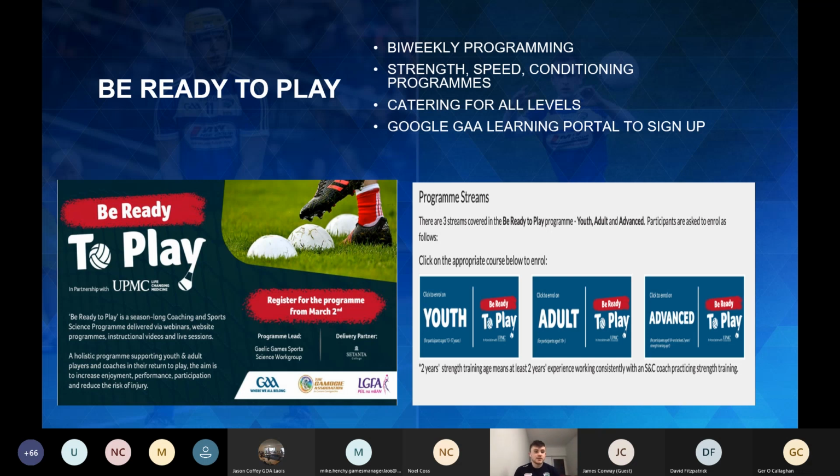So tonight's presentation tied in nicely to the recent Be Ready to Play initiative. So what that is, ultimately, it's bi-weekly programming. So there's programs every 2 weeks looking at improving the strength, speed, and conditioning of our players, and it's catering for all levels. So our youth players, our adult players that may be new to the gym and have a low training age,